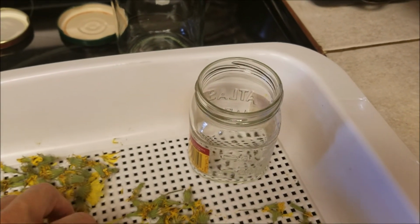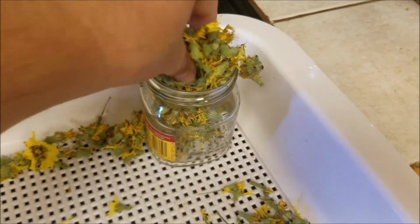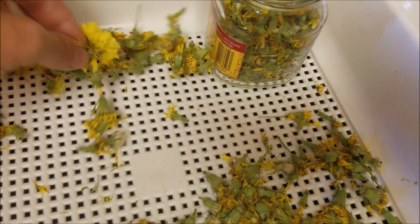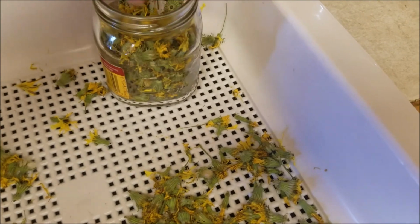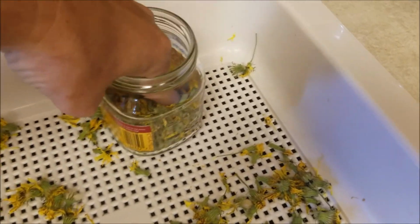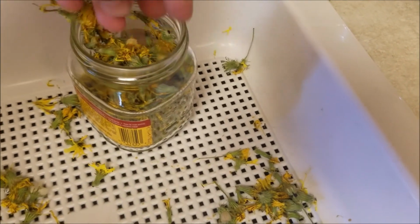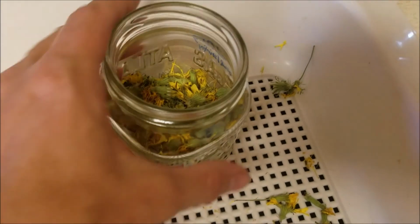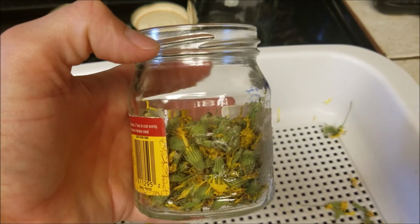So I'm going to start with this one, and I'm just going to stuff it. And we'll see how badly these come apart. I want to make sure to get these 2 open ones in there. And that's probably good. Maybe a little more. So as you see, it condenses down pretty good. And it takes a while to pick all those dandelion flowers. That's about halfway, and I'll put in